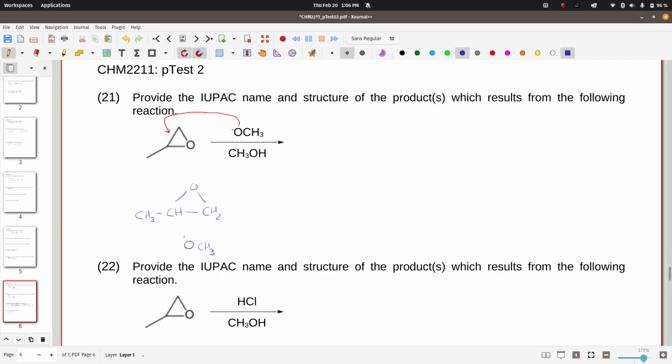Now when this attacks, it can actually go to either side, either one of these two sides. It either goes to the more substituted CH or the less substituted CH2. And I'm actually going to draw out both, and then we're going to talk about which one is more likely. So the first one I'm going to do is have that attack the left. When that happens, these electrons come up here, and we would end up with a possible intermediate. CH is still there, CH2 is still there, but this is now just an O negative, and the OCH3 is here. The other possibility,